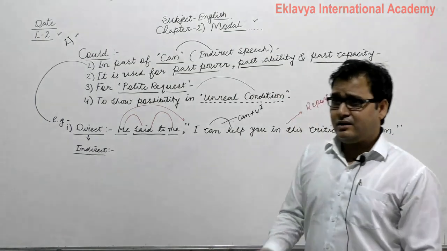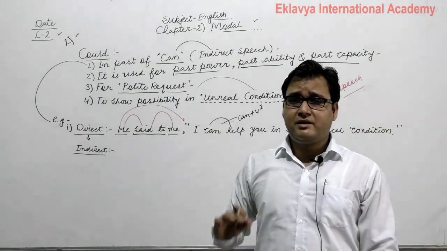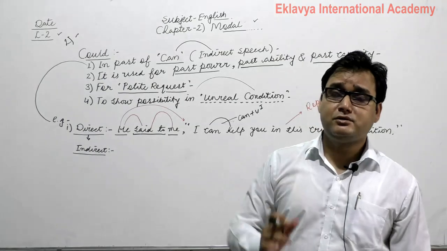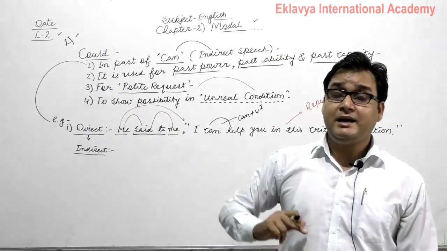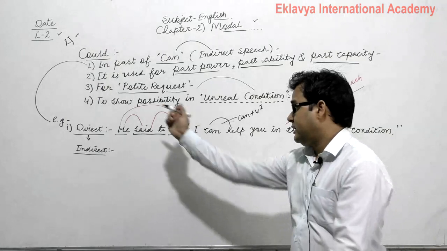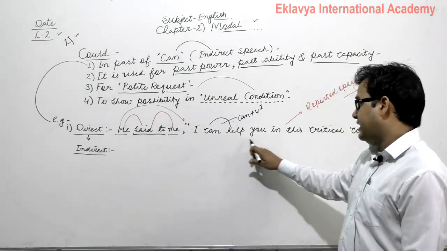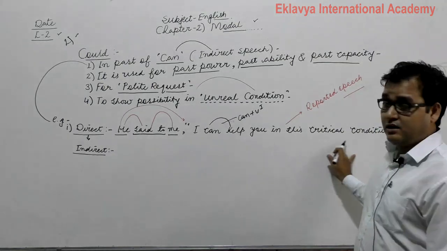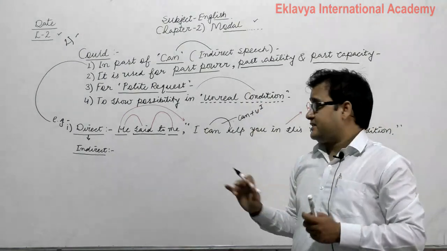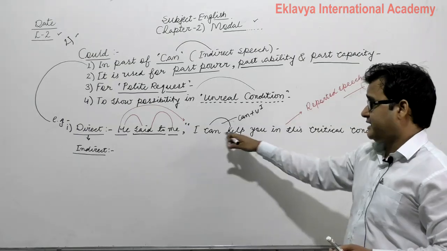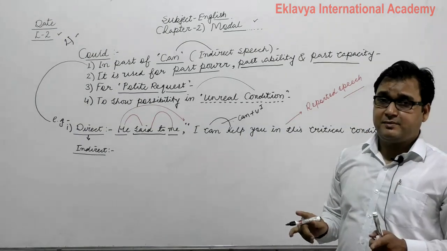But now we are not talking about the narration at all here. We are discussing point number 1, how to use could, the past of the can auxiliary, in indirect speech. So example number one: He said to me, "I can help you in this critical condition." और जब आप किसी speaker की statement को